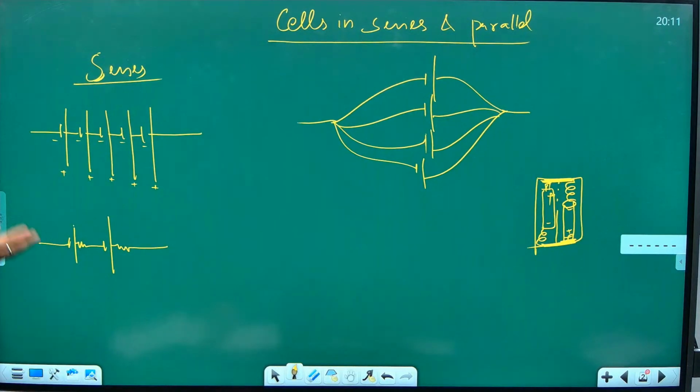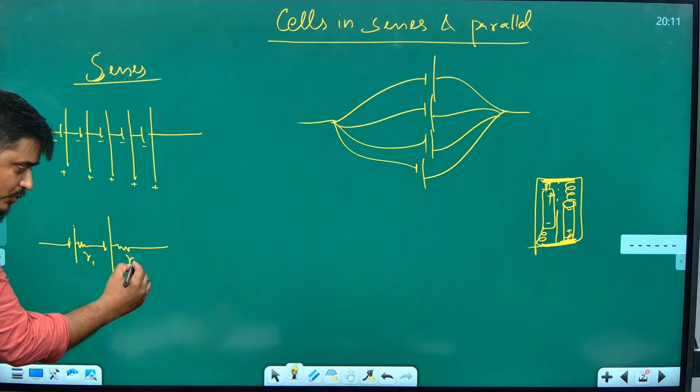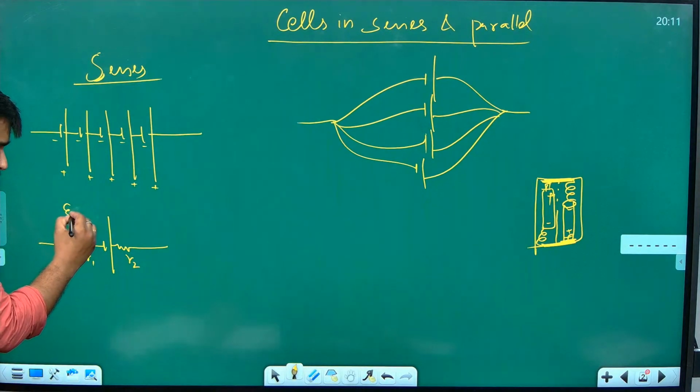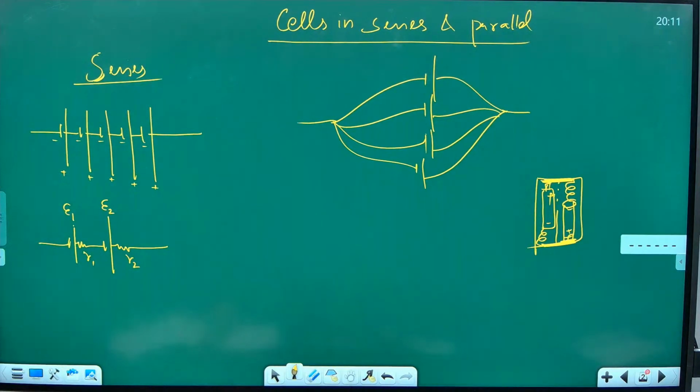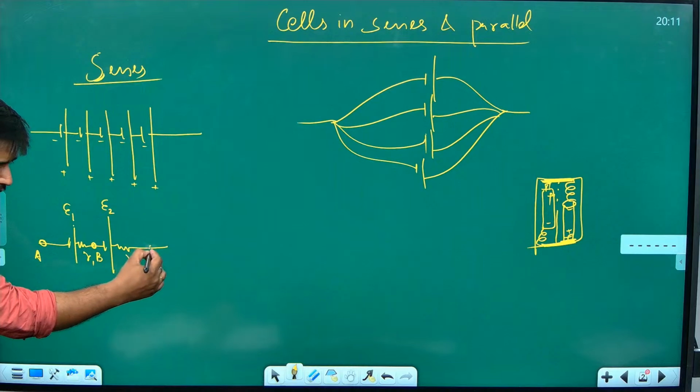Let me take 2 for solving. This has value R1, this has value R2, this has EMF E1, this has EMF E2, and I hope you believe they are in series connection because negative, positive, negative, positive. Okay. Now, if I take the point here as A, a point here as B, and a point here as C,